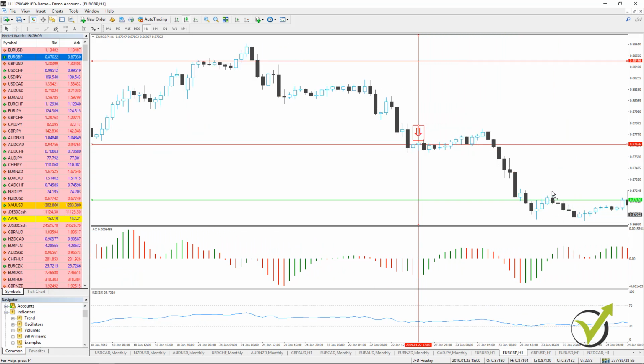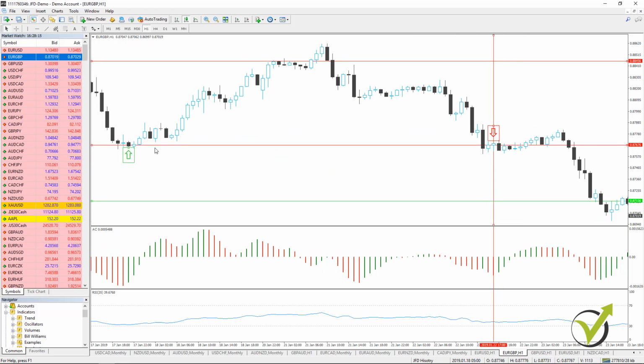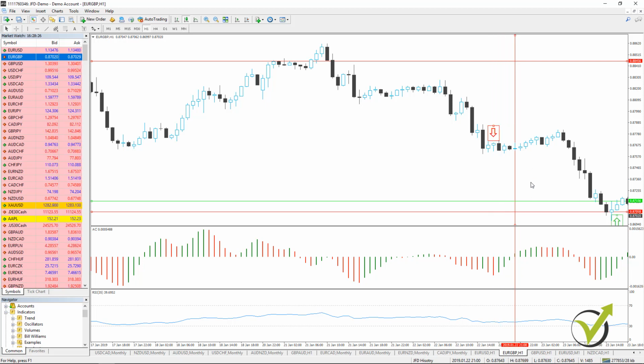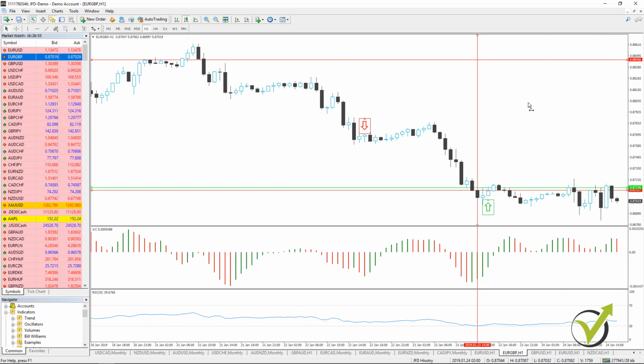And then again we will have right here another entry, and it will actually be a buy. Let me take the arrow for buy. I will not make this lecture any longer, guys, I just want to show you one last time where the entry is. It's right over here. Smaller bar, then on the next one we enter. So sorry guys, it should be one to the left, it should be right over here. We have the first smaller bar, then the opening of the next one. Actually the opening is right here because this is a negative bar. We need to place it over here, and then we will have a buy.